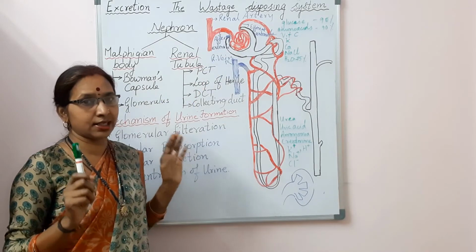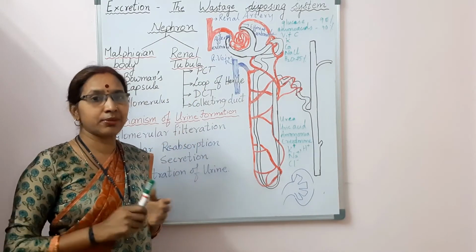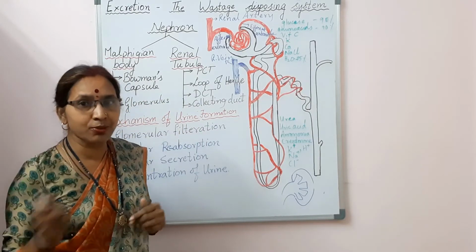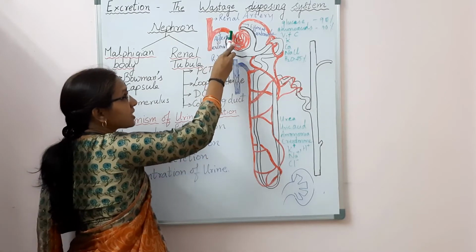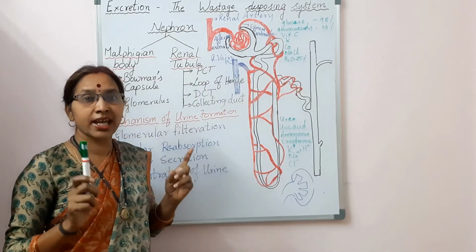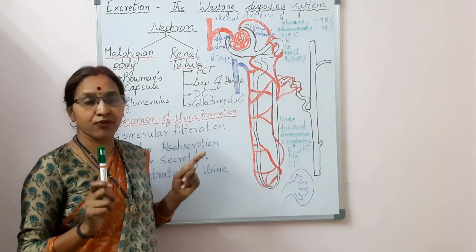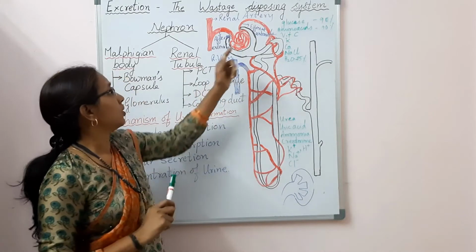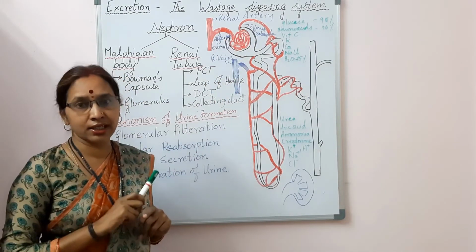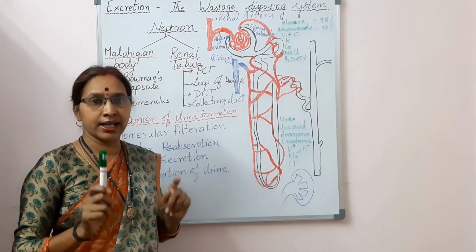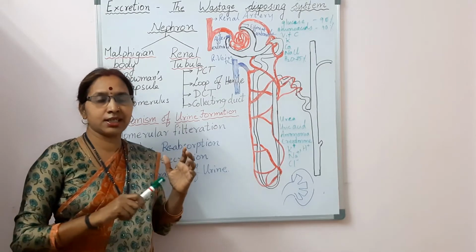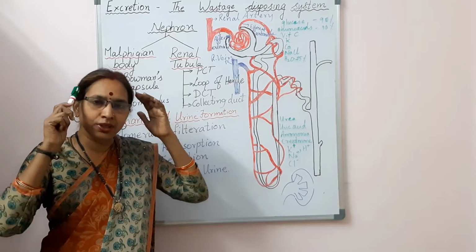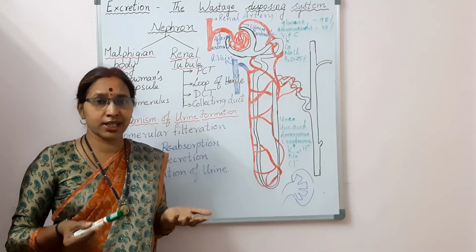Here you have to understand things, students, because in the exam it will be asked which arteriole enters into the Bowman's capsule and which leaves the Bowman's capsule. So the arteriole which enters into the Bowman's capsule is known as afferent arteriole, A-F-F-E-R-E-N-T. When it leaves the Bowman's capsule, it is known as efferent arteriole, E-F-F-E-R-E-N-T. Here there is a confusion. You students learn at home, and when you go to the exam hall you forget.